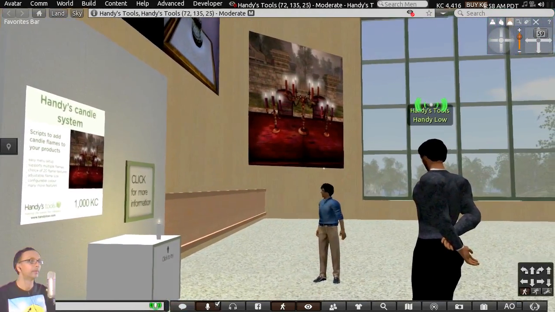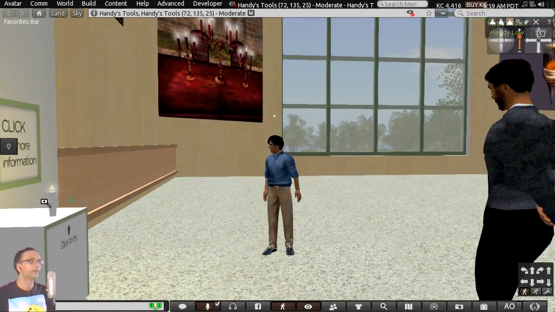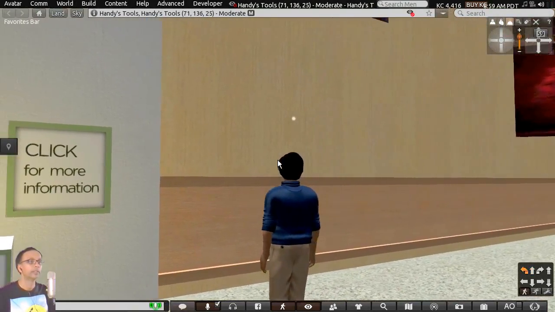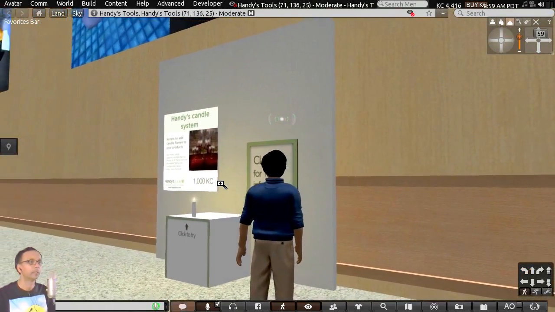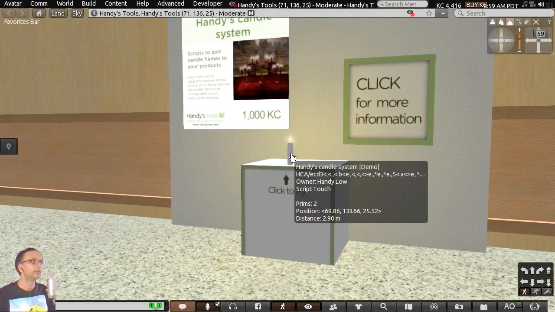And if you'd like to click the candle, you can see the menu that you get, and again there are texture options, size, and so on. The height to raise them, you can raise and lower the flame to suit the model.